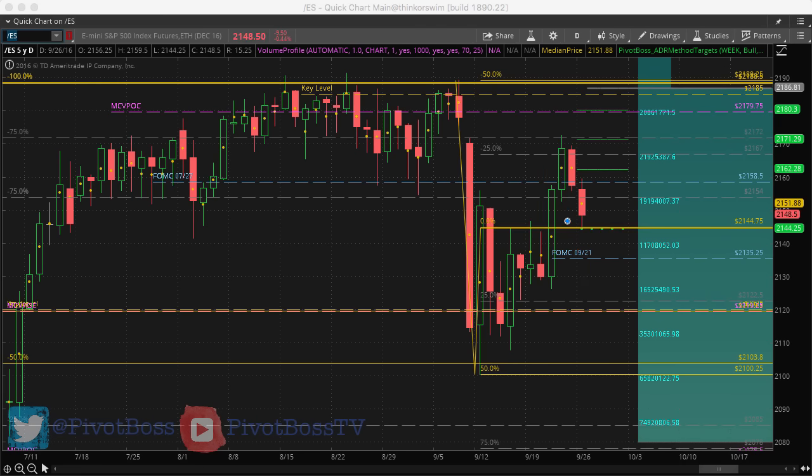So right now, 2144, very important pivot. Bulls want to keep it bid for a shot at seeing a continuation higher. We do have MCB pocket 2179. That is the most likely target with a shot at seeing a push beyond the key range here at 2188. Any failure to hold 2144 would open up a return back toward 2120, which has been a major pivot in